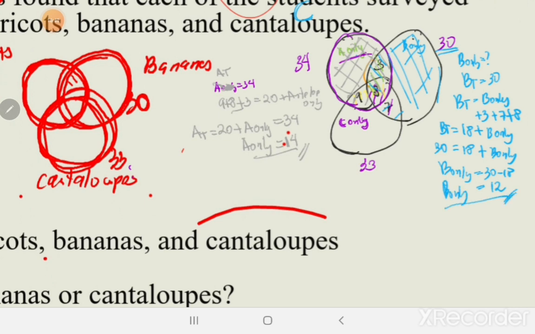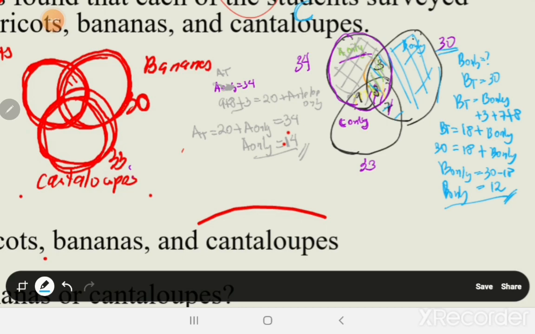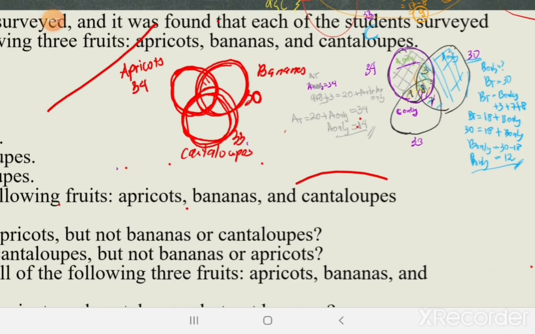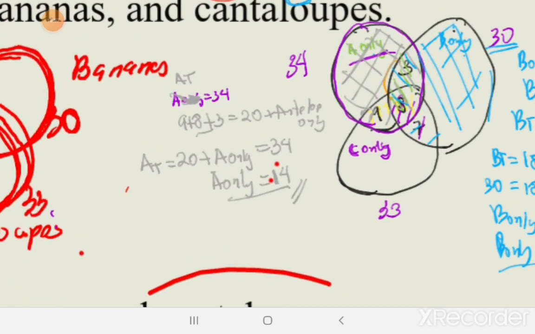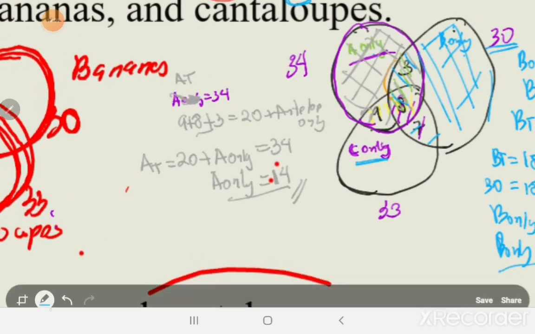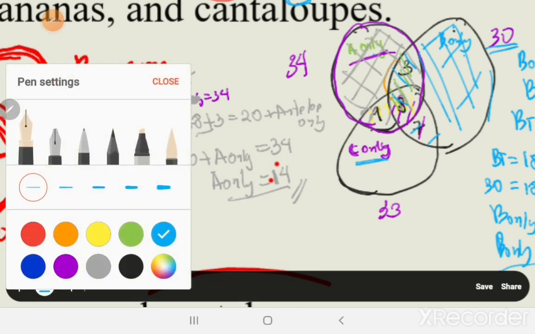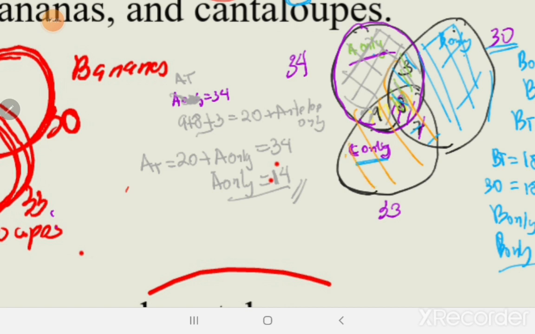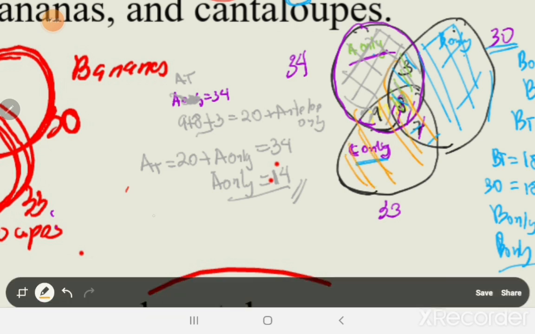Those are the ones loyal to banana only. Right? Okay. Next are those loyal to cantaloupes. So, how will we solve that? The same way we solved for those loyal to B and loyal to A. Okay. So, you just shade this whole circle. So, we have our